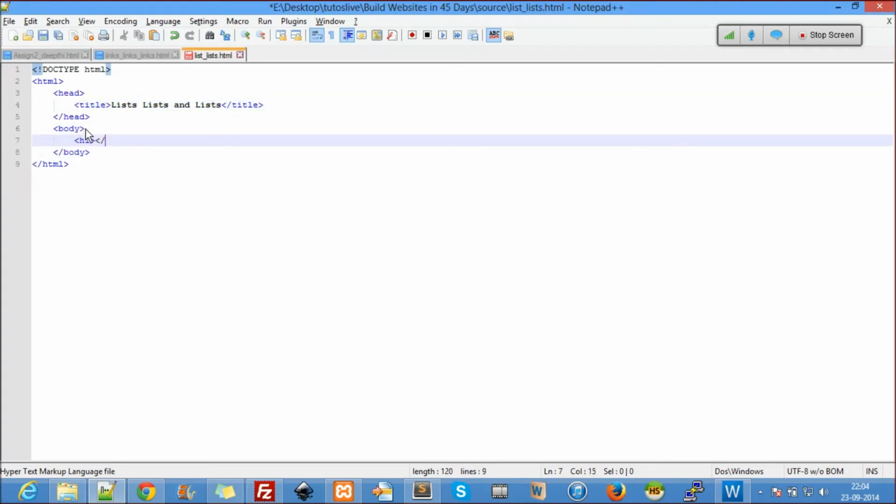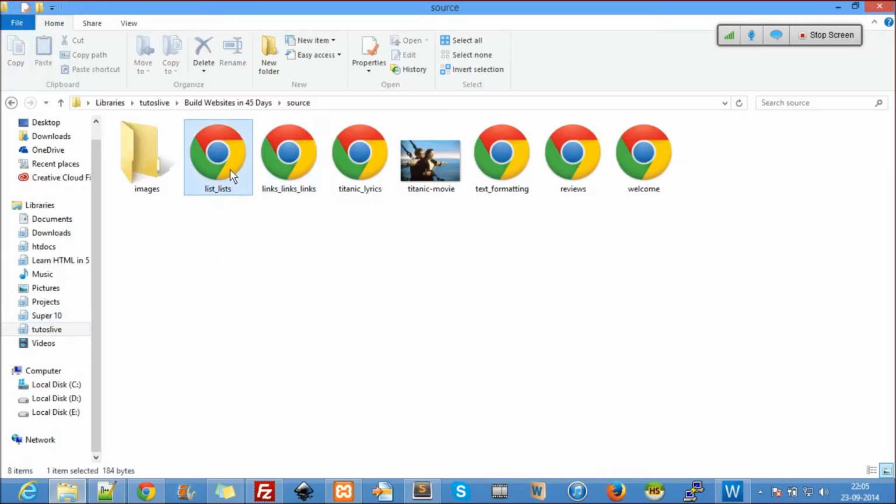Right, so here in the body, I'll use another heading: Examples on list, with small text: ordered and unordered lists. Let's see if this is coming out or not.